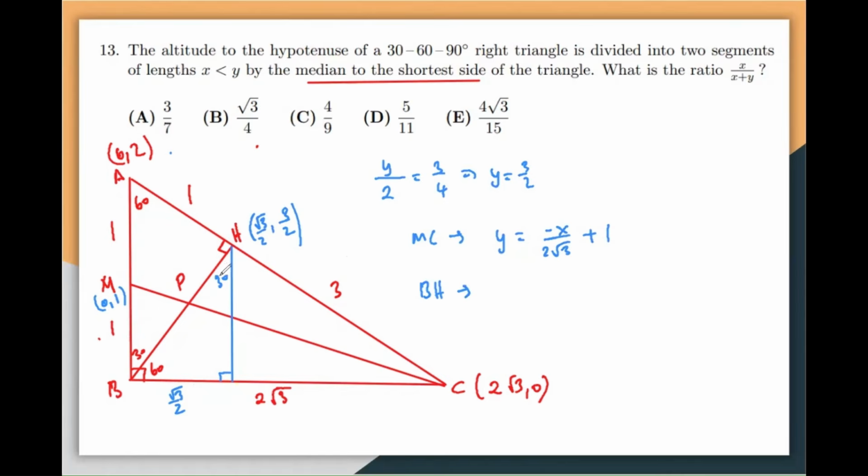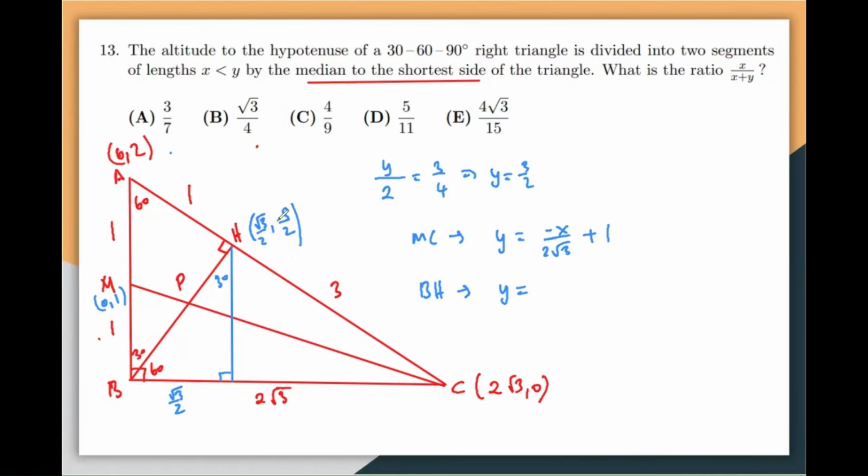And now maybe we can use that point and this point. We didn't really need to find this one at some point. So you can find the slope of these two, A and C, and then use that to get the slope of BH because they're perpendicular. As soon as you know the slope, and then there's 0, 0, so you can find the equation. But anyway, we got that point right now. So then I can use 0, 0 and this point to write the equation. So BH will be like